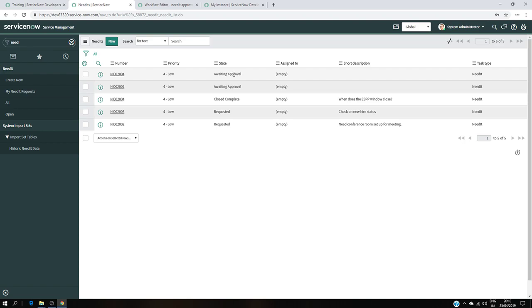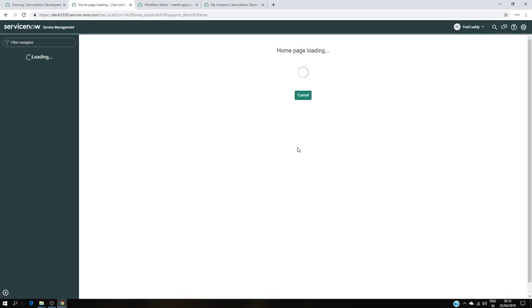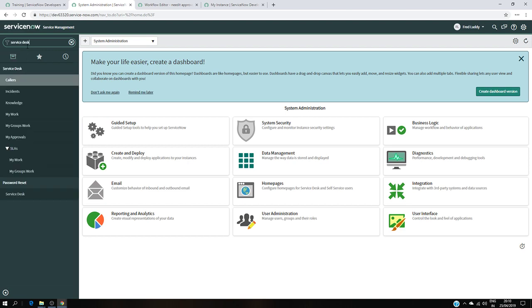Great, I have one here, 2004. Now I have to check if Fred Luddy has the request to approve. That's what our workflow should do. So I'm going to impersonate, and I choose Fred Luddy. So I'm going to pretend I'm Fred Luddy, and go to service desk, and I click on my approvals,